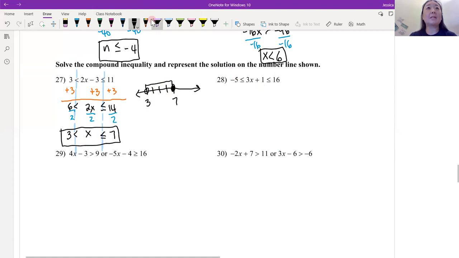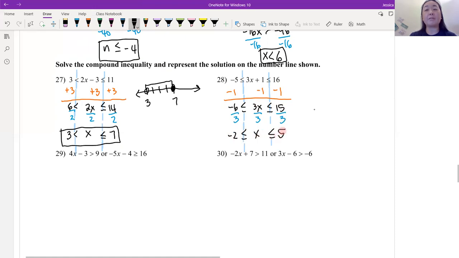Number 28, again, I'm going to just draw a little light dotted line here. And then we're going to just subtract 1 on all 3 sides. And we're going to get -6 is less than or equal to 3x, which is less than or equal to 15. And then we're going to divide by 3 on all 3 sides because we got to get rid of the multiply divide last. And so this can be -2 is less than or equal to x, which is less than